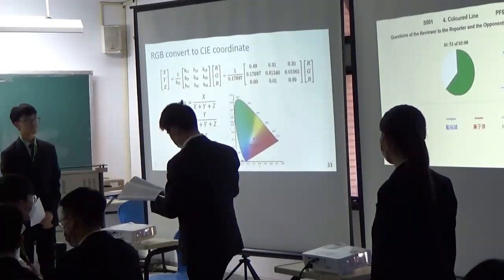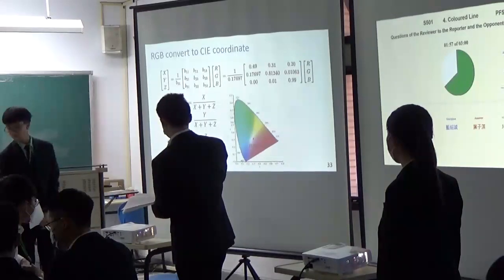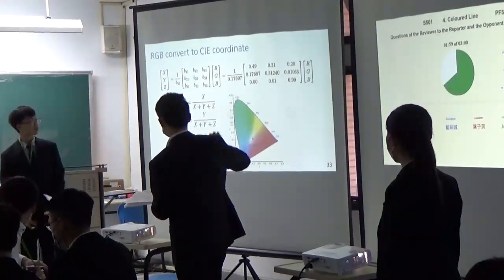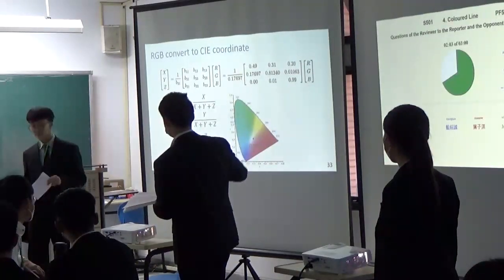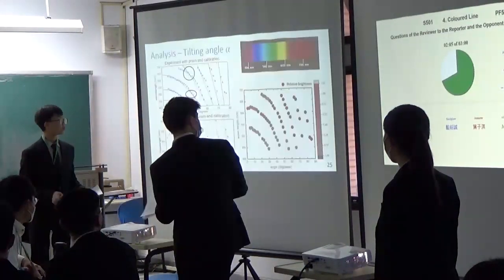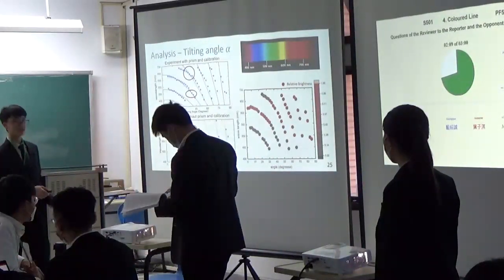And how did you measure the color intensity of your experimentally observed green color? Oh, the camera can tell, for example, the red intensity. You can go to the graph where you show the intensities. Like this? Yeah, how did you measure the relative brightness and intensity? Oh, the camera can tell me the results.